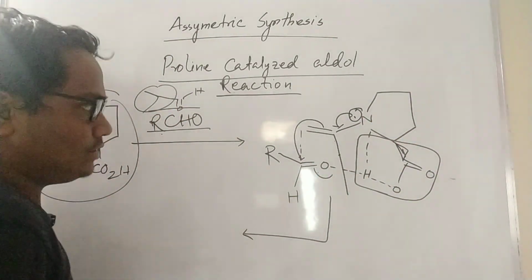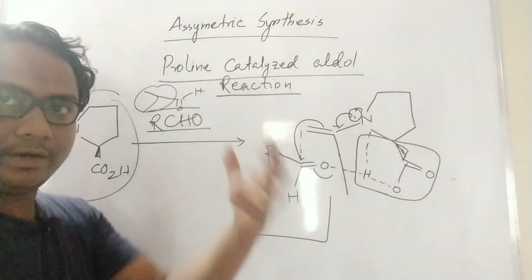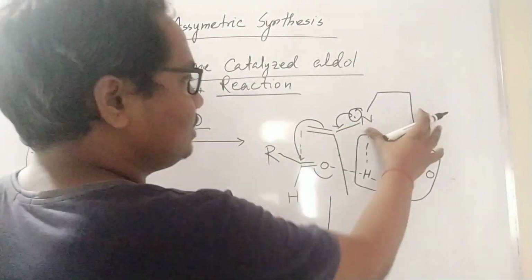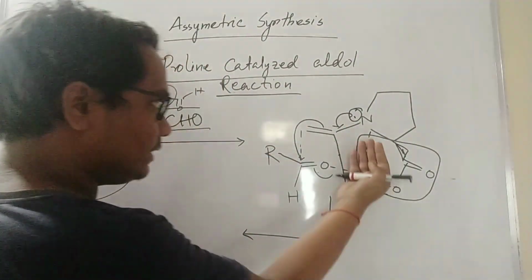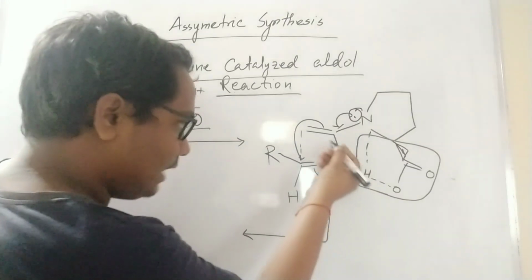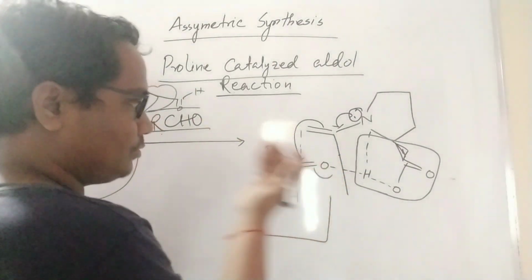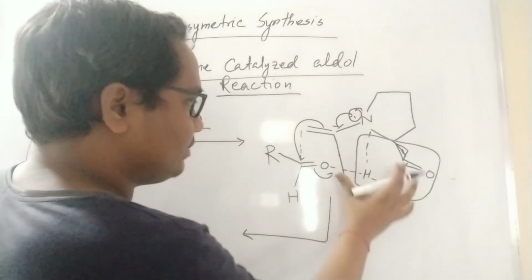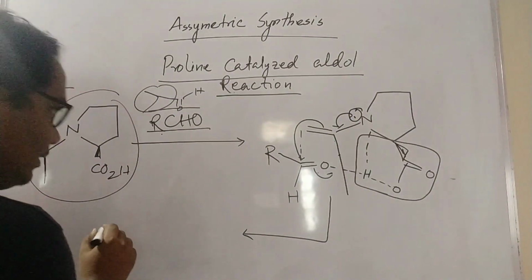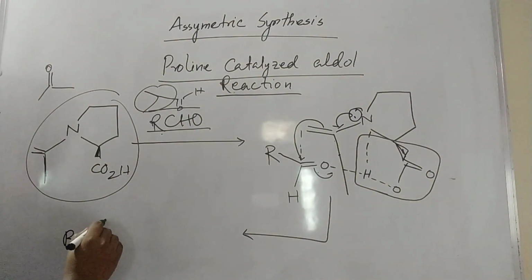This proline acid group is there, on this upside, and that will be the chelation. So that will decide the stereochemistry, because this proline, this amino acid part, is a very big group. So it will always be down, and whatever the attack comes will be up. If it is reversed also, but generally this isopropyl group is up. So that is why it will come and attack, and it will be chelated by this group. So what will be the product I wrote? If R is written, and this will be up because it is a bottom side attack.